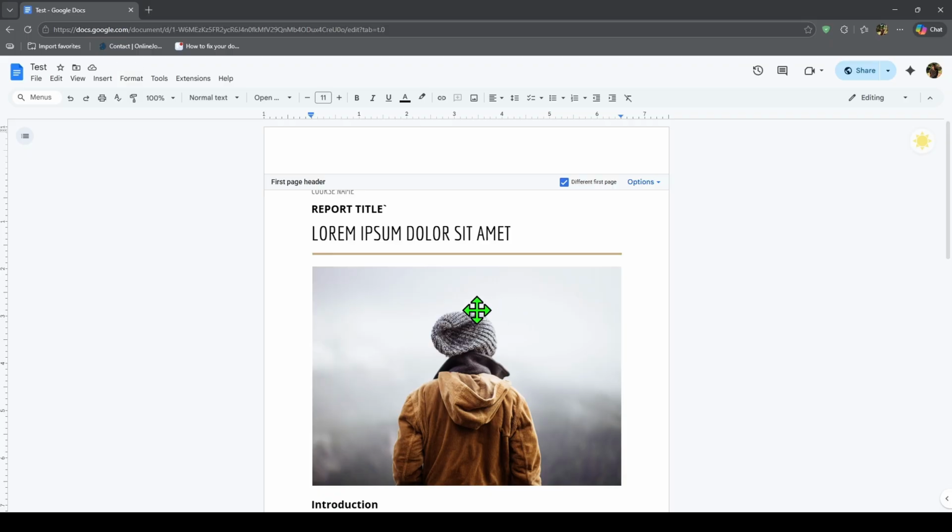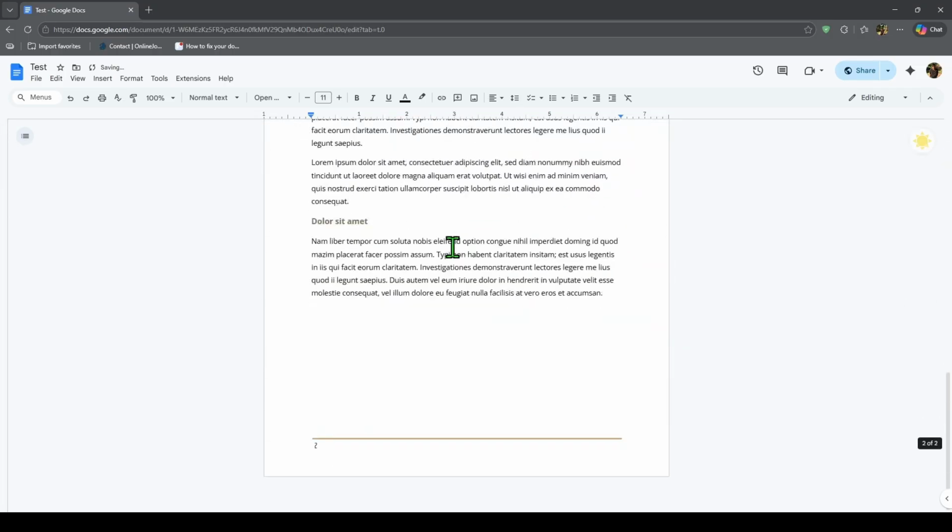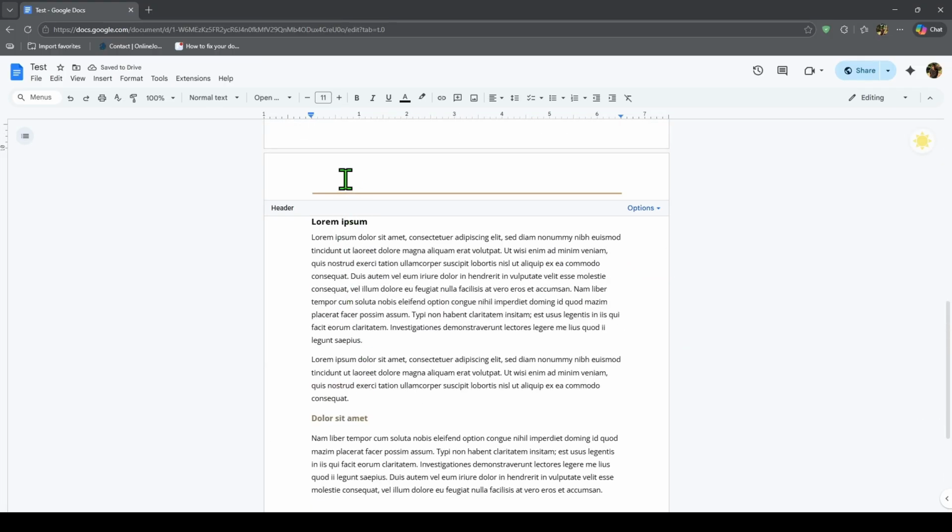Now type the header you want on page 1. After you do that, scroll to page 2 and check the top of the page. In most cases, the later pages should now stay blank in the header area, while page 1 keeps the custom